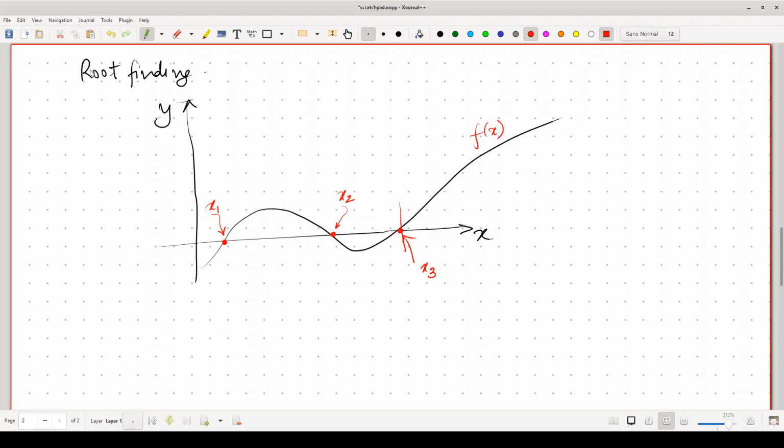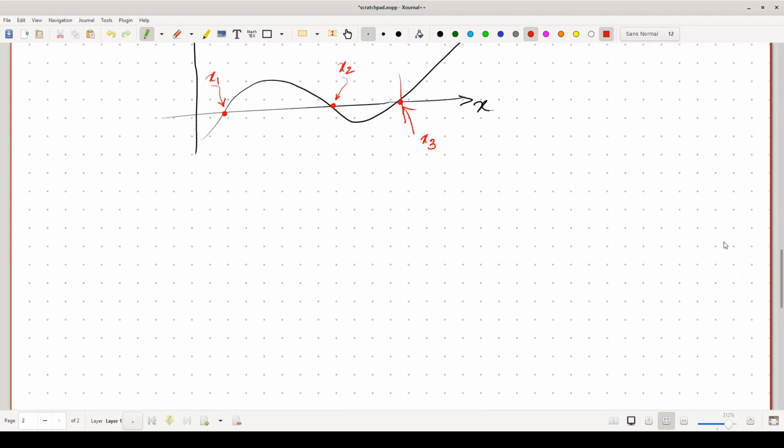There are various methods, and back in the day, this was a very important thing to do. Many a times in engineering and physics, you obtain a very weird looking equation like a transcendental equation, say like x equal to tan x. Then you are asked to find the solution for this. So how do you go about doing that?